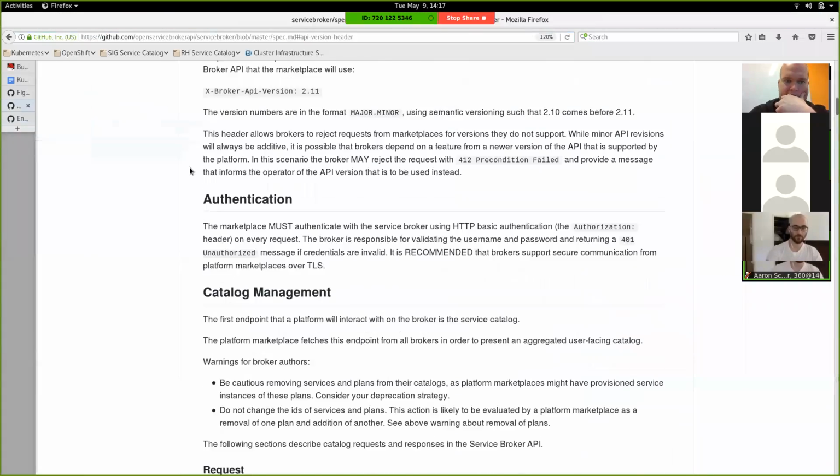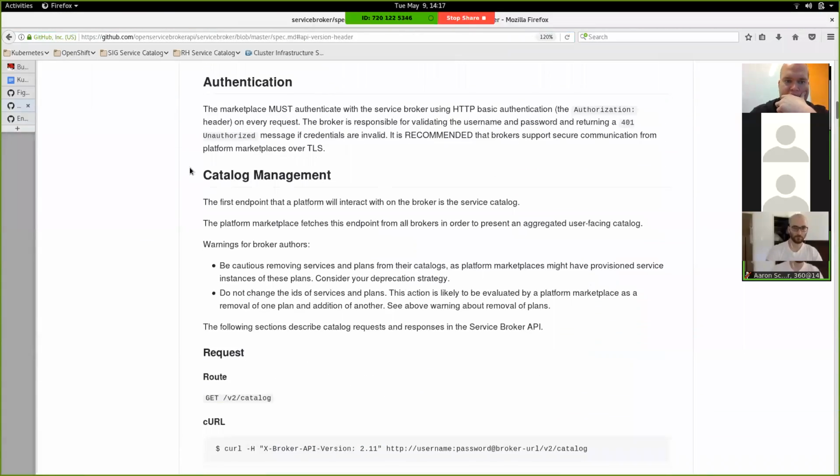So I think that's it for API version header. How about auth? There's TLS. If we want to, do we have a flag for that now? I don't think that we do. I was actually thinking about that over the weekend. So there's probably a few different ones that would shake out. Like registering, if you need a CA to be able to recognize the broker's serving certificate,